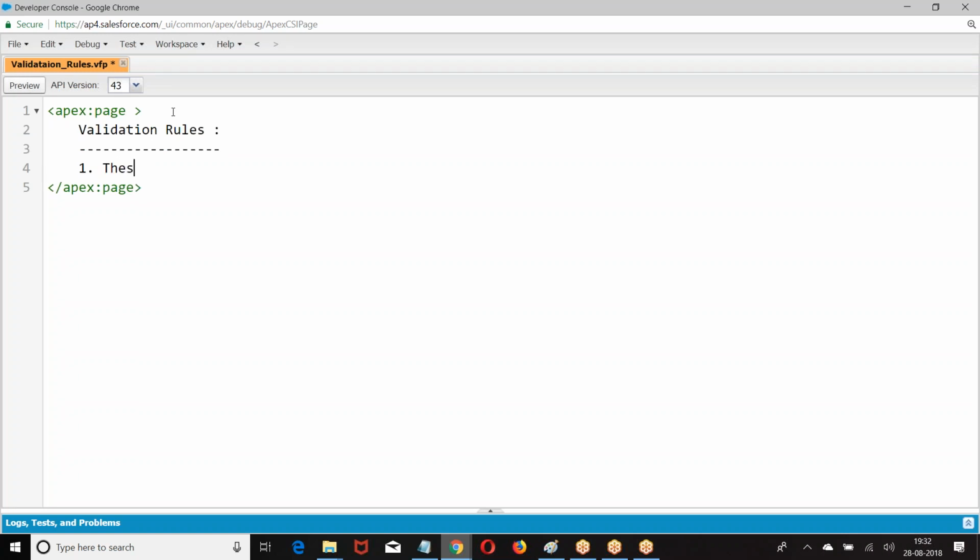These are used to check the format of the data. These are used to verify whether data is compatible.